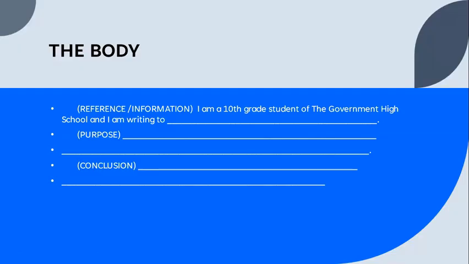With the format you're going to begin under the M, you see there, Mrs. Roll. You begin, I am a 10th grade student of the government high, whatever school you are at now. Presently, I am a 9th grade student of Donald Davis Junior High. That's your first line. You're identifying yourself, where you're from, and then you're going to say what it is you're writing about. I am a 10th grade student of the government high school, and I am writing to invite you to read.